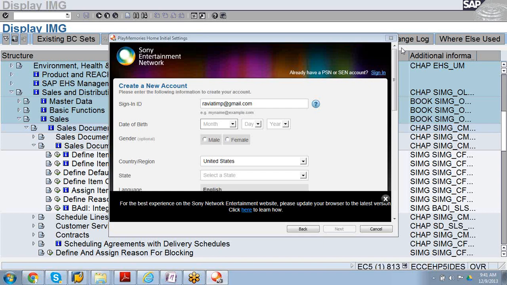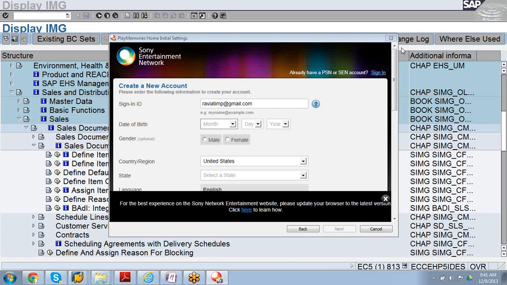Then we have delivery. So the contract is in the pre-sales part. What is the difference between both of them? For the contract, first we will make an order, and for the agreement there will be direct delivery.